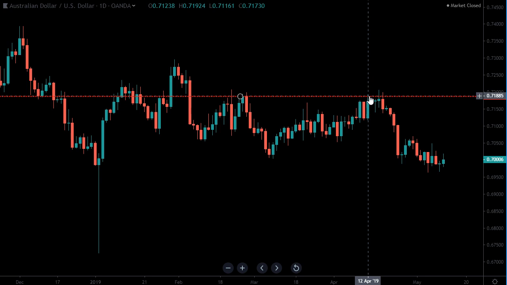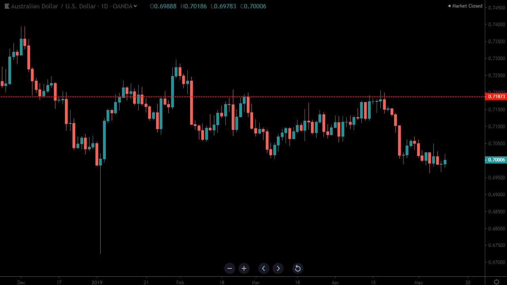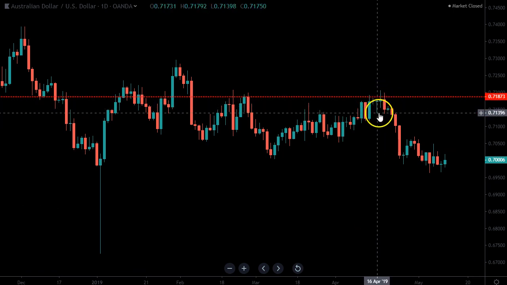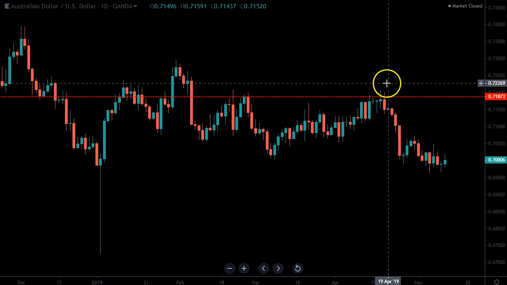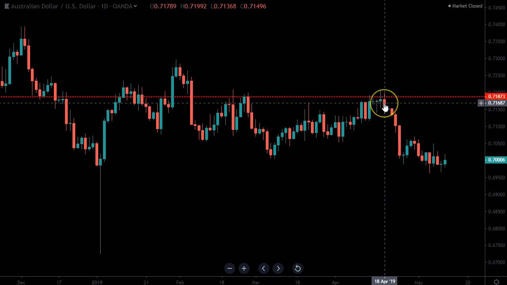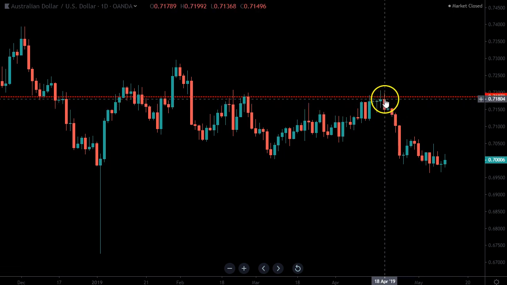That was the complex text that we were reading. If any of the retesting candles do not engulf the previous body, you also allow the first next non-testing candle to engulf the previous body. Non-testing is when it's not touching the line. And as you can see, it touched, didn't have an engulf, touched, engulfed. And this engulf was also one of the testing candles. So let's say this was bullish, right? It would be the same type of candle. This is not the second candle in this setup. The second candle that happens is the first non-touching candle. So in this case, this red one would give you an entry,